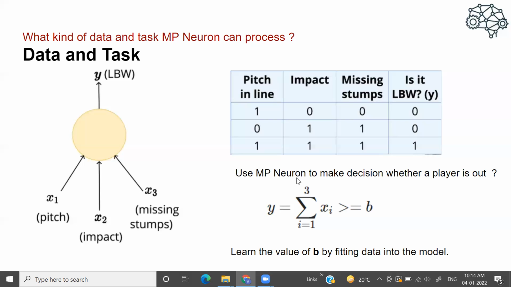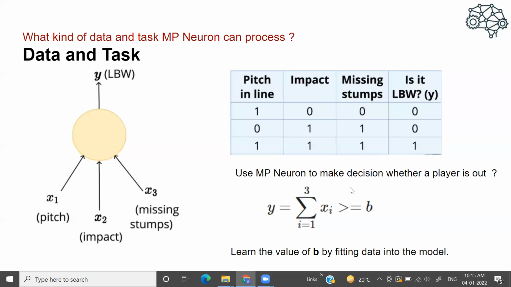And if all the necessary criteria are matched, in that case the umpire will give out, right? So the way the umpire is making this decision, the same kind of decisions we can also make by using the MP neuron model. Okay, and how would we do that? We'll come to that part a bit later, but for now just understand the hypothesis or the primary function of